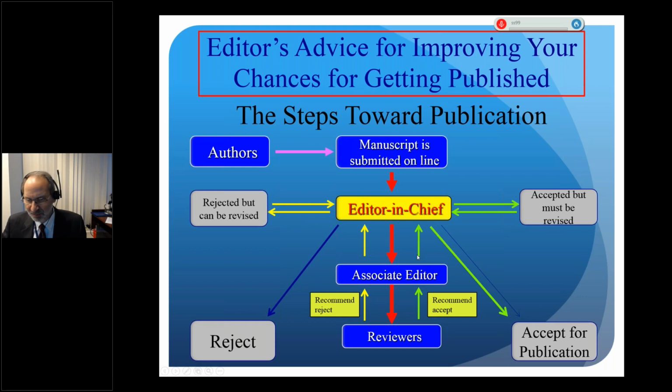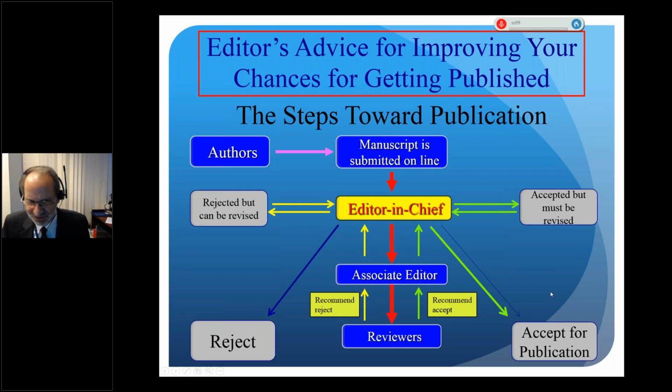But often it'll go back into the queue. It'll go back to the authors for corrections and adding to it whatever the reviewers and the editors felt was necessary. And then it'll go back to the reviewers, and then it'll go back to the author, and so on and so forth, until the paper is either quality to be published or gets rejected because it'll never get there. So that's these lines here: reject, accept.